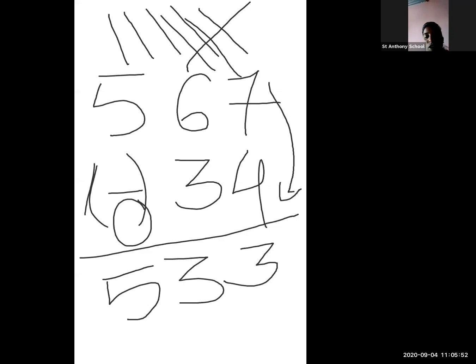Okay, now the first sum is over. We are going to take out the second sum. Wait a second, students. Now I am going to write the second sum. See, students. Three digit minus 2 digit, the first sum, we saw. Now 3 digit minus 3 digit. So how to write the 3 digit number?